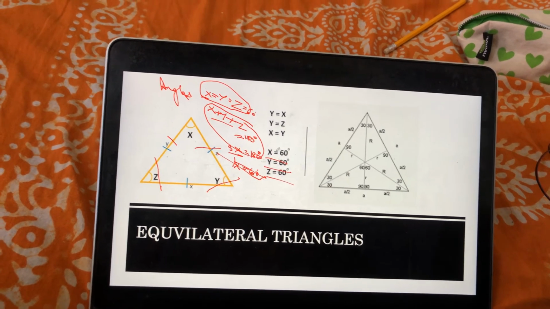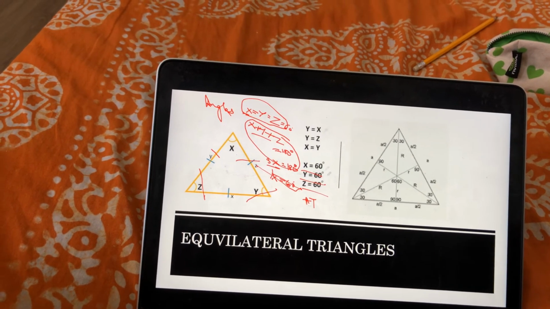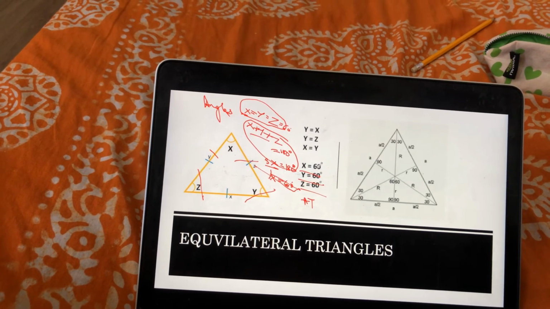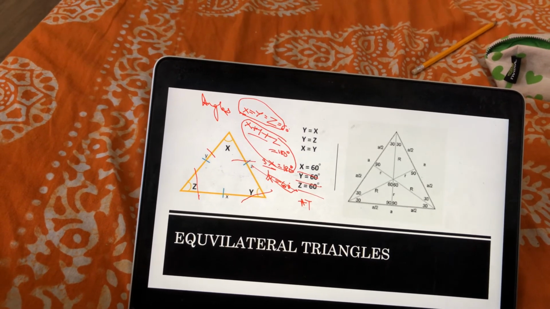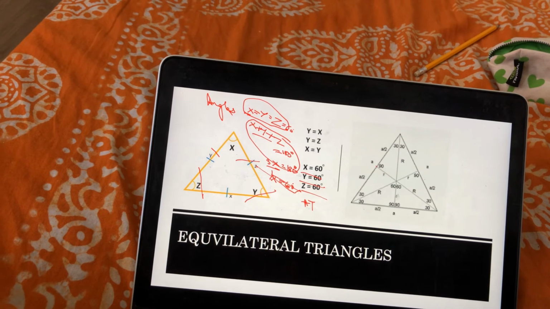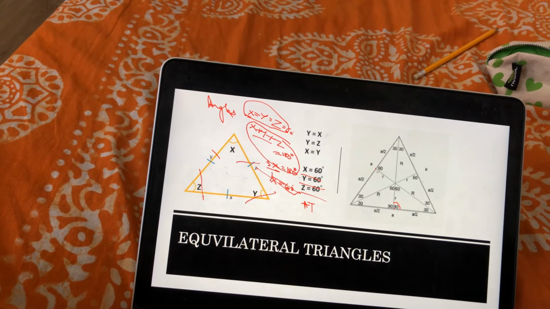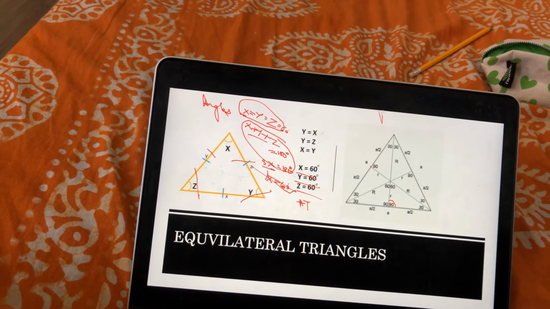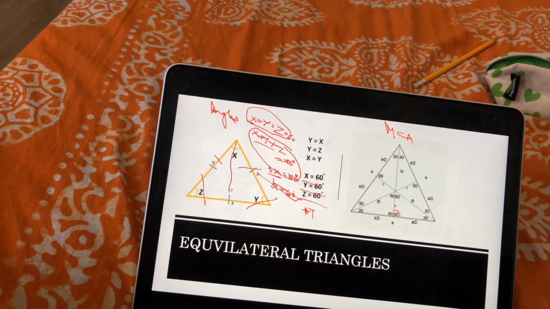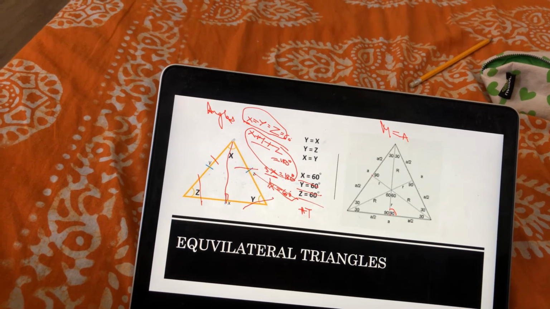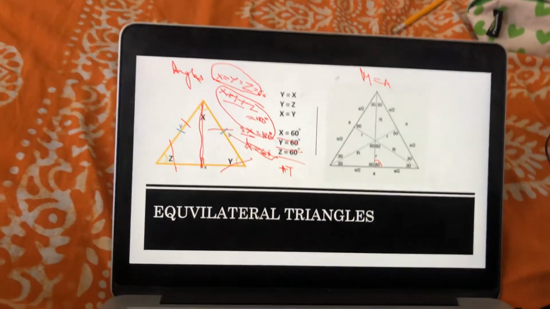So all are equal. So this is also an acute triangle because all the angles are less than 90 degrees, which I had mentioned in the first section. So these are some of the things. Here the median and the 90 degree line, or the altitude, will be equal. In this case the median is equal to the altitude because here all the sides are equal. So when you draw a perpendicular line, it will coincide with the median. So median is equal to altitude.